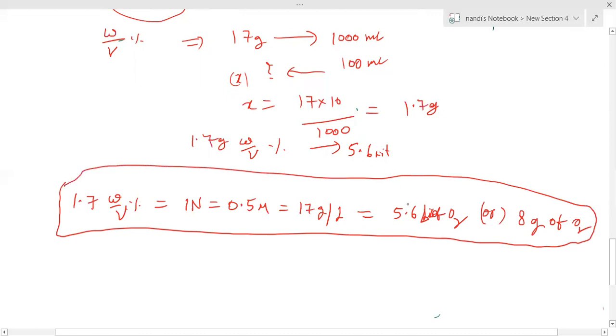Clear? Generally they will ask questions by giving volume. This is nothing but volume strength, how much oxygen they provide. So they will provide volume strength and may ask normality, molarity, W by V percent, or strength of solution. Anything they may ask. Otherwise they will provide normality, then they may ask for strength of solution. Normality will also be provided in terms of titrations. At the end of this video, we will discuss one titration question, and how to calculate strength of solution or W by V percent, everything we can get.